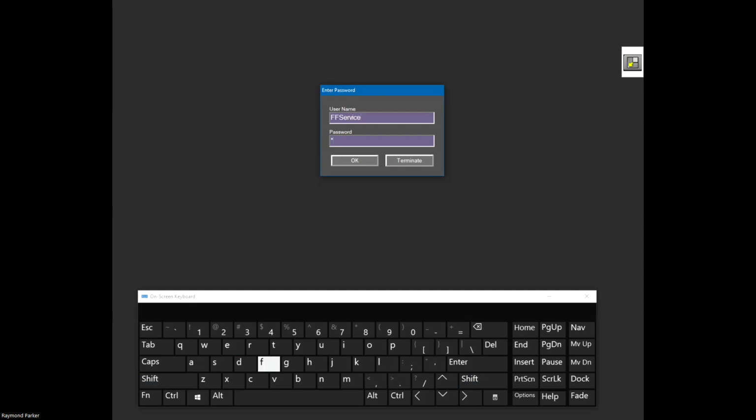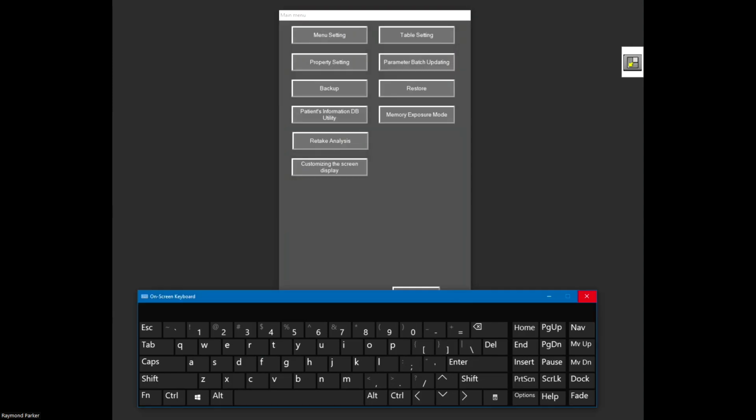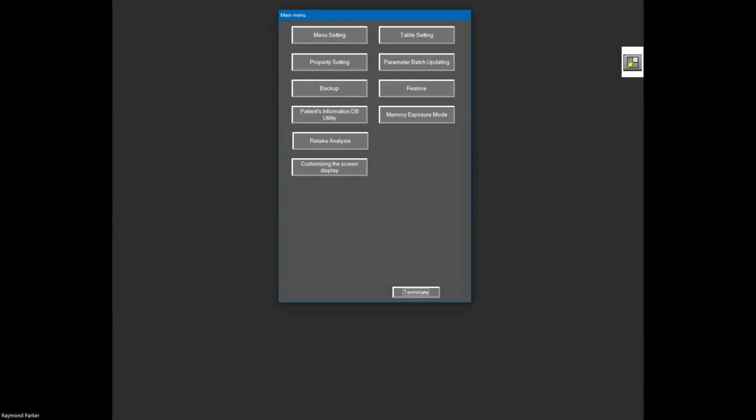And our password will be field engineer, all lowercase. Once you've used that password and username that first time,